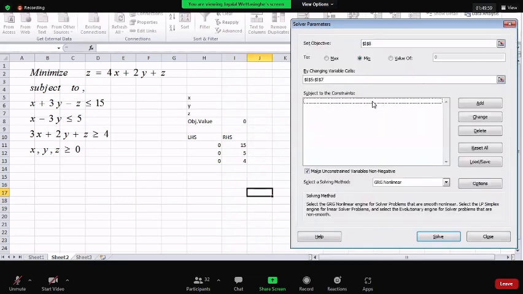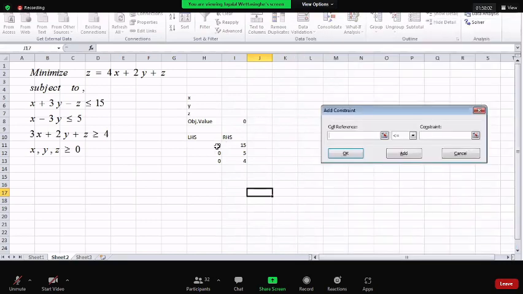Then the constraints, add first one left hand side, and then the right hand side. So right hand side of the first one, then first one is less than or equal, so it is selected by default. Then add the second one left hand side, again that is less than or equal, right hand side, just select that one. The third one, the left hand side is here, this time it is greater than or equal. You have to select the right hand side,